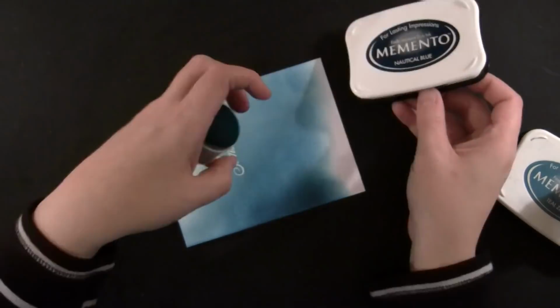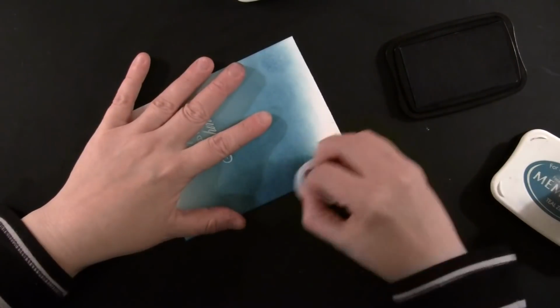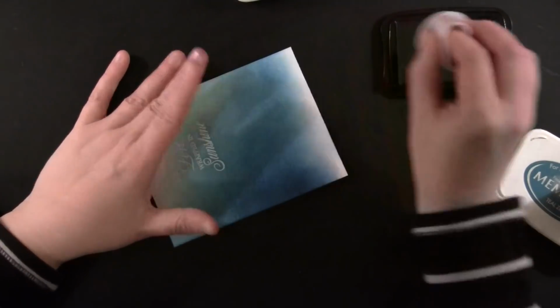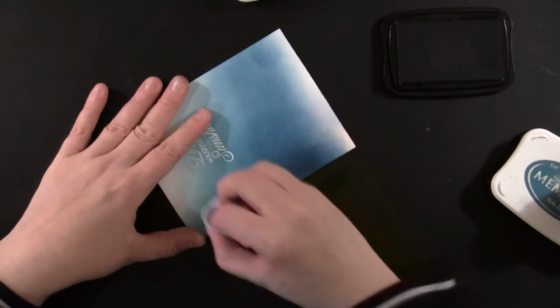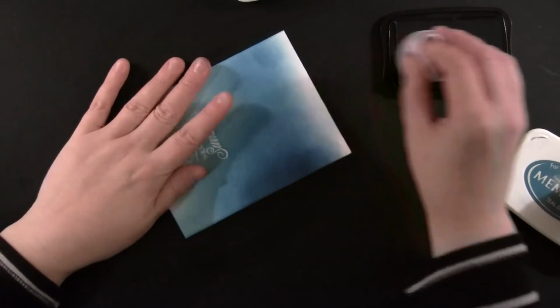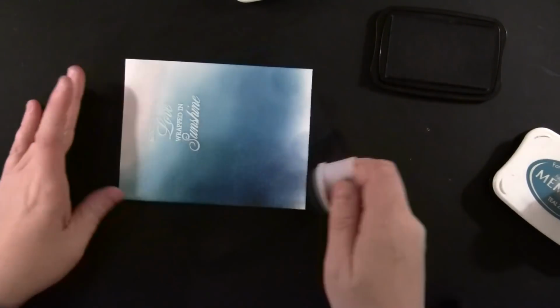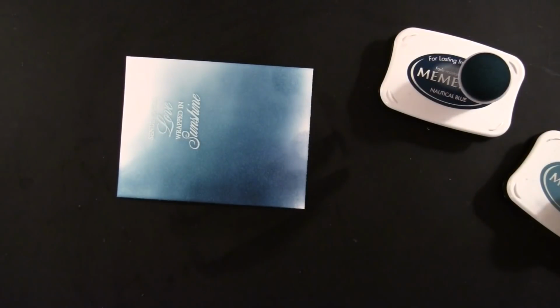Next I'll add nautical blue, which is even a little bit darker. And this blue is a great combination with either the teal like I'm doing or with a more classic blue. So it's a really handy ink color to have when you're doing your backgrounds. You could also do this background with distress inks, as long as whatever you're using works for the emboss technique